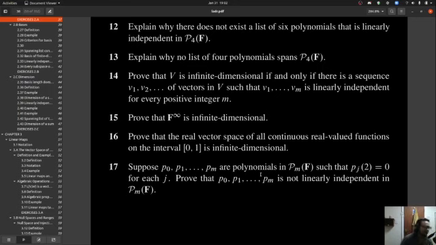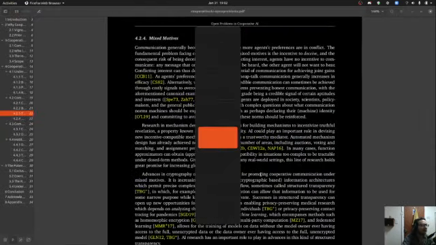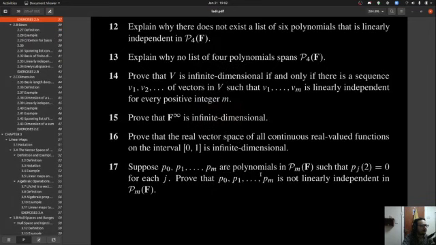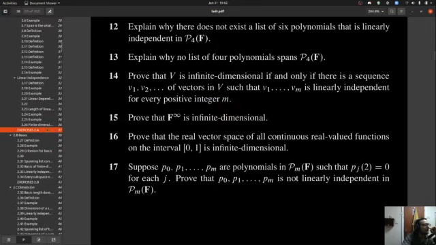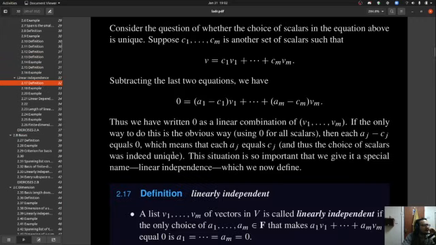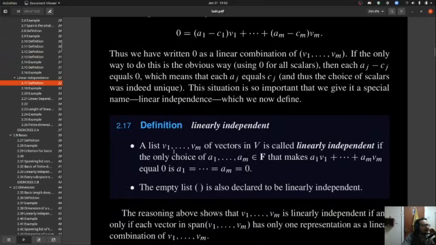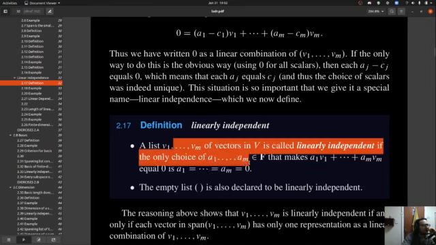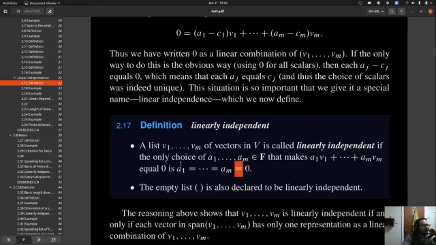Alright, so I'm also going to make some flashcard decks because, off the top of my head, I forget what the proof obligation is, the linear independence definition. The only choice that makes